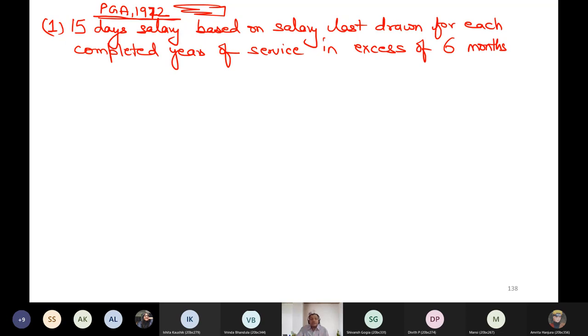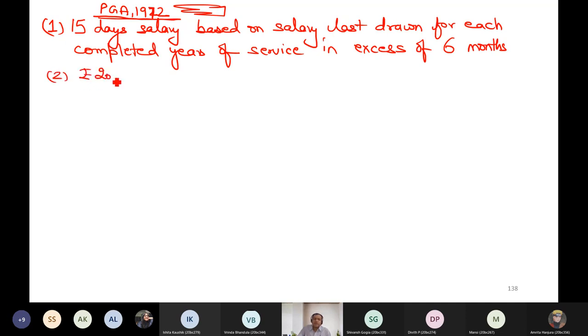So the next question arises, what is this salary? That answer I will give, how do we compute it, what is the meaning of completed year, etc. All these meanings I will tell you. For the time being, let me only write it. So it is 15 days salary. Second point,